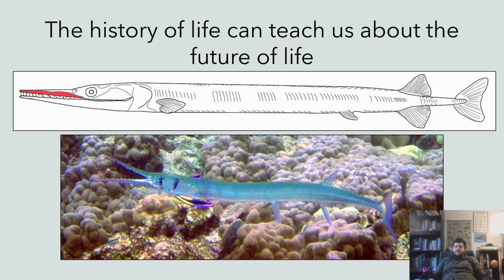So, as I mentioned, the history of life can teach us about the future of life. And I want to give you a more specific example, right? Because this is kind of broad, right? This basically tells you, hey, in like 10 to 50 million years, there'll probably be another group of fishes that evolves an arrow-shaped body, right? You might be like, well, what is that? Like, why is that important? Let me give you a more, let's say, direct example.